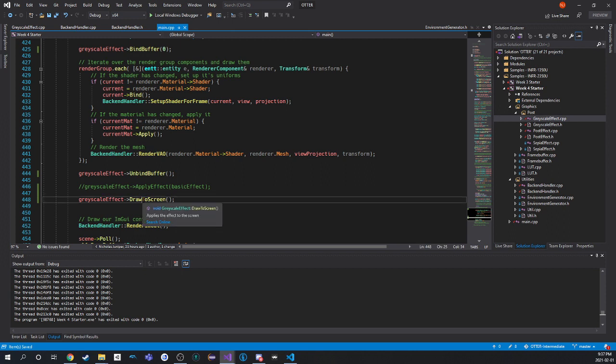So currently, if you switch it back to use basic effect, and then we do apply effect, and then DrawToScreen, this applies the effect once, this applies the effect a second time. So typically, you don't want that. You really don't. So at the end of your effect list, you typically have a basic effect where you draw it to screen in a way. In this case, we don't need it because we wrote,